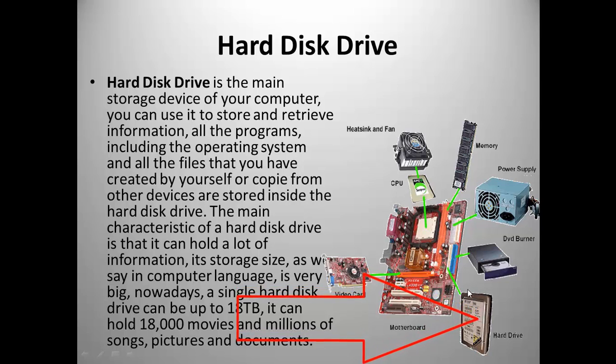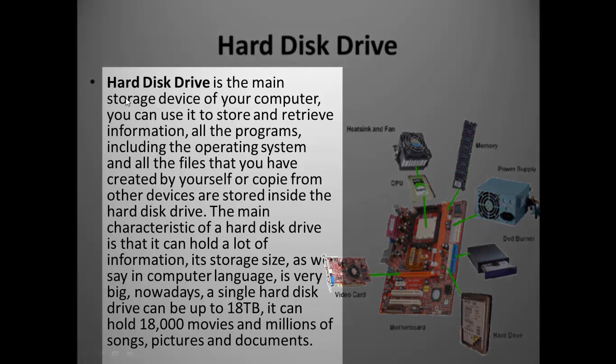As I mentioned earlier, it's like a memory, but it stores the memory for a very long time, longer than the RAM. So let's get the definition. Hard disk drive is the main storage device of your computer. That's the difference. You can use it to store and retrieve information, all the programs, including the operating system, and all the files that you have created by yourself or copied from other devices are stored inside the hard